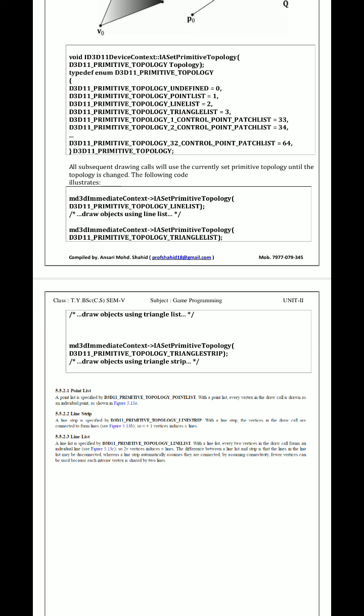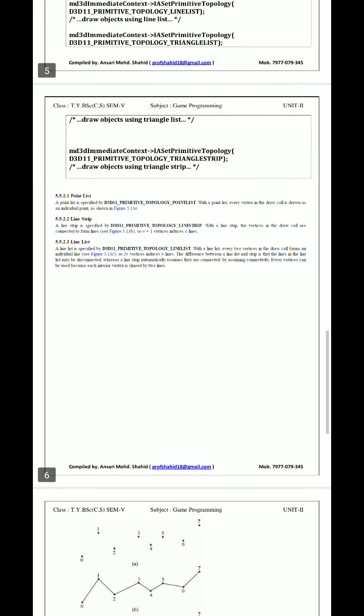Every point is given a separate value. In line strip, each and every line will be given a separate value. And line list means when there are varieties of lines together combining for a polygon or triangle, that time this primitive topology line list is the function which is used.